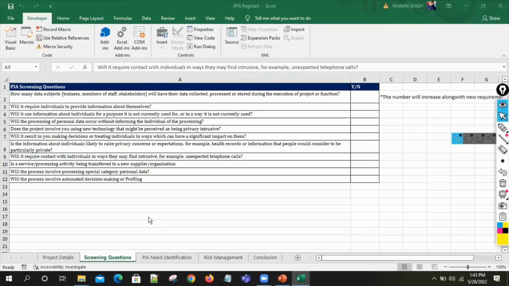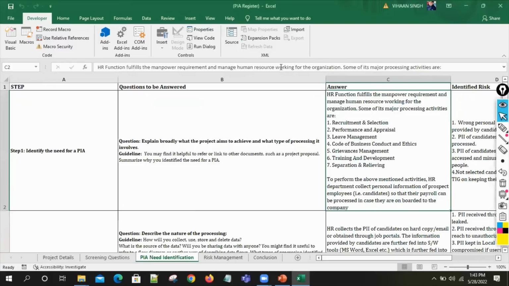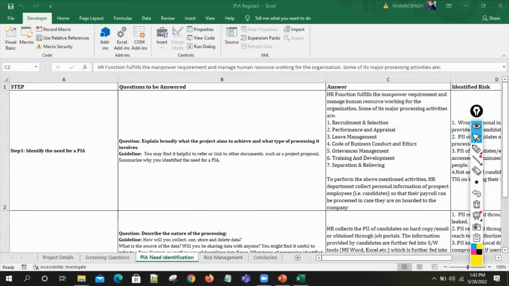how many data subjects do you have, or to whom you are collecting data from, will it use the information about the individual for a purpose it is not currently used for. So there are certain questions we need to answer as part of the screening question. Now another part is PIA need identification, whether there is any need to capture the PIA. You need to first identify the need in each and every project. What is the need